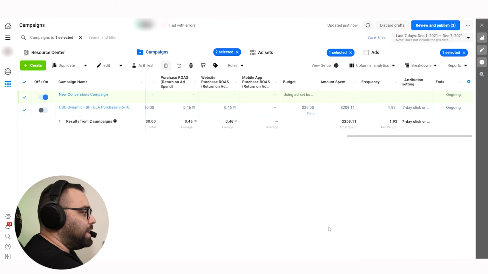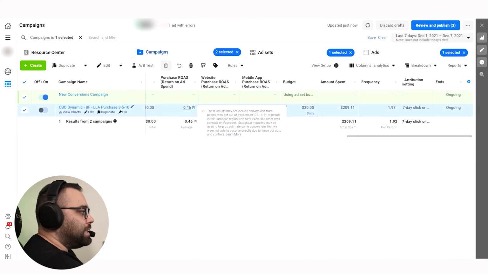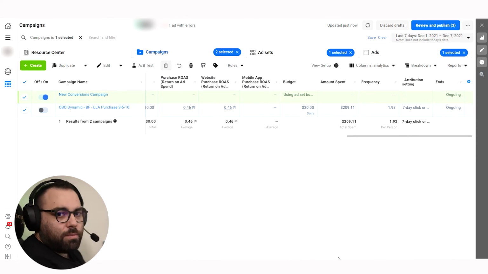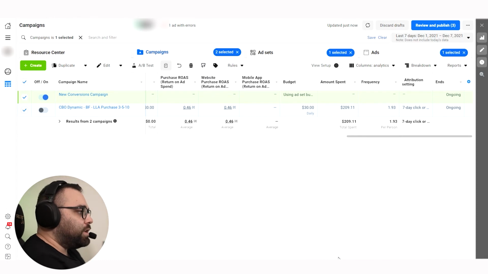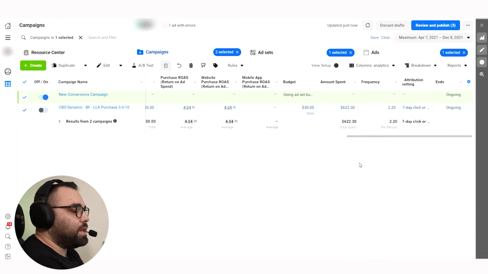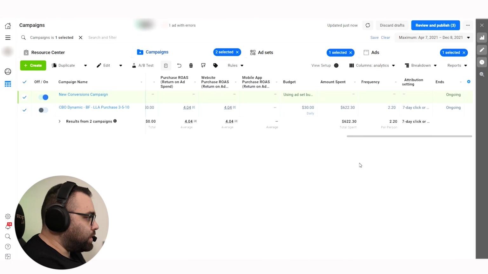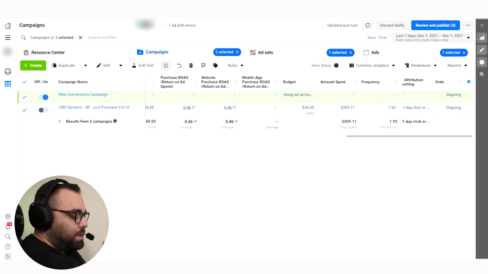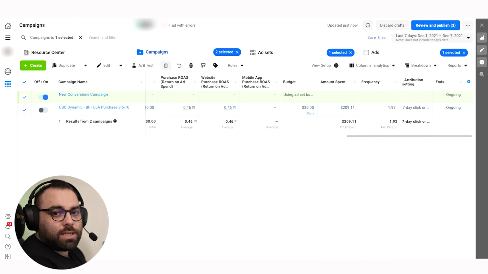Okay, in the last 7 days, this campaign over here has 0.46 ROAS. Very bad ROAS, okay? Which means that for the last 7 days, the results were very bad. If we see the maximum results though, we can see that for the maximum results, the ROAS is 4 and the results were actually very good. And something else, if we see here in the last 7 days the results were bad, that means that we have a clear idea that now we have to close this campaign. And what are we going to do? We can relaunch it, for example, or do other ads.